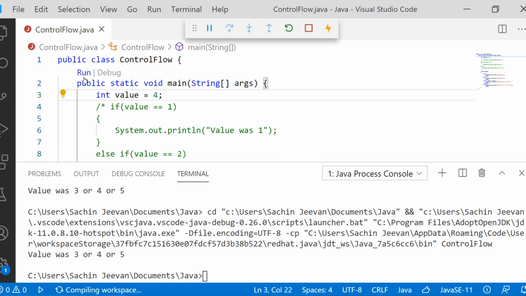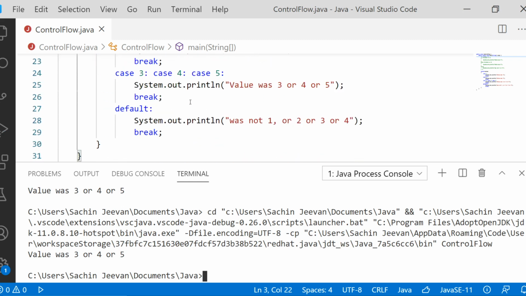Again let us run it. Again the same case is getting executed. Let us change it to value equal to 5 and run it again. Again the same thing is executed.